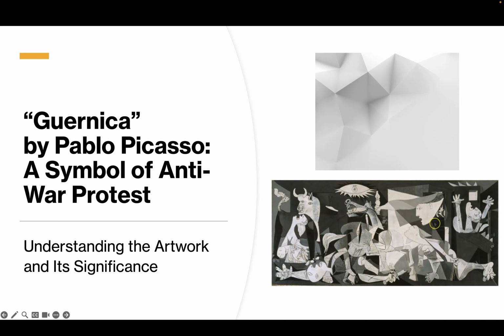As you can see, they are torn apart, as was described. And there are figures of a bull, a horse, bodies, all types of figures, and the canvas with black, gray and white, showing an emotion of sadness and horror